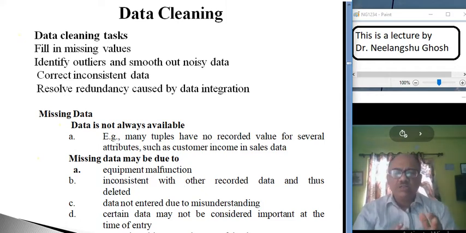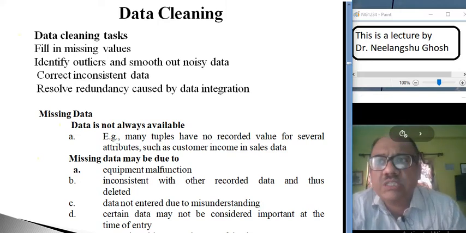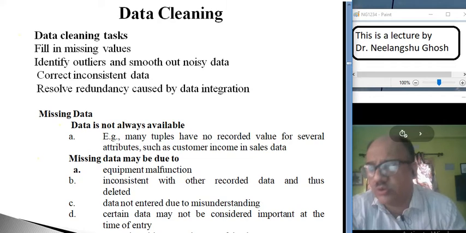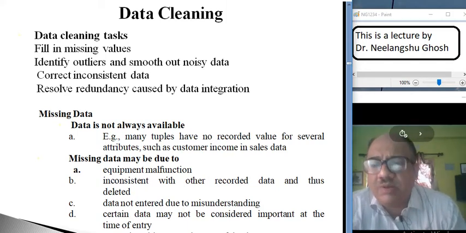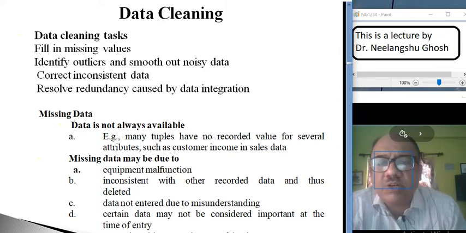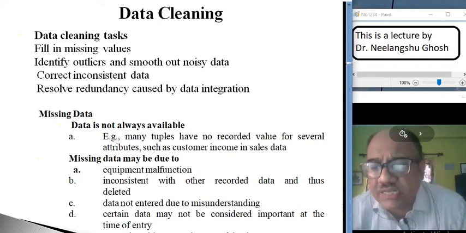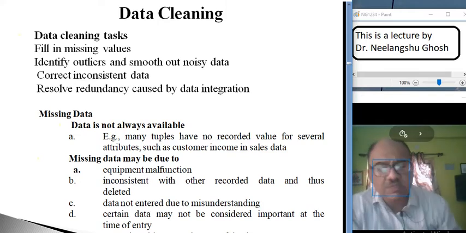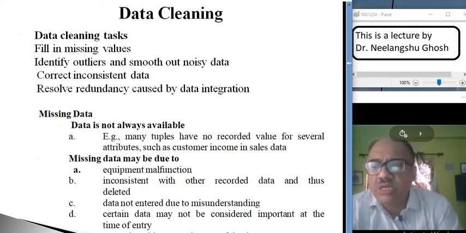Or when you collect the data using a questionnaire, for a question like what is your income, people try to skip that kind of information. So those data may not be available. Many tables have no recorded values for several attributes, such as customer income in sales data. So if that data is missing, you either have to fill the data or that particular data should be removed.